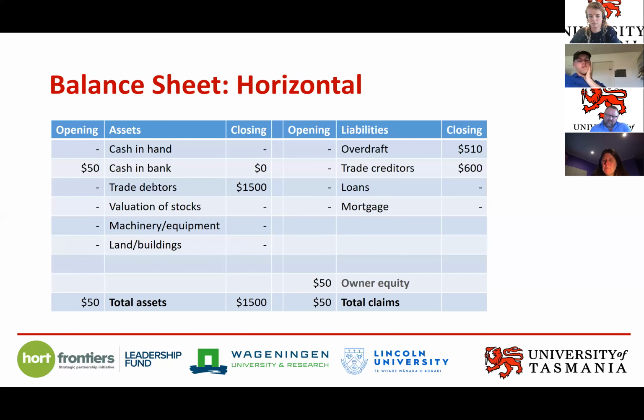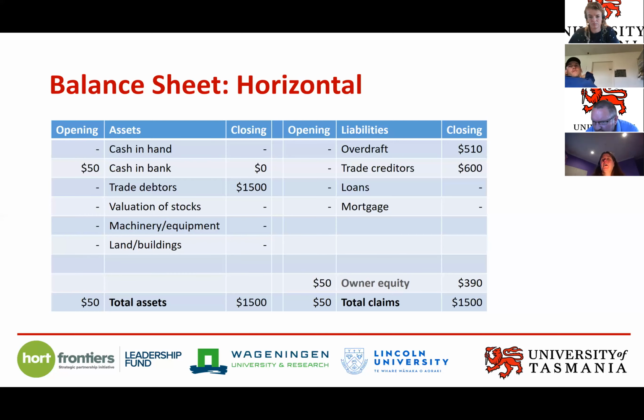In terms of the total claims against the business, there are a number of ways in which you can look at this. If we were to say it's got to equal 1,500, we know that the claims against the business are the 510 that he owes to the bank, the 600 that he owes his trade creditors, and then there's also the profit that he made that he wants to walk away with. So the summation of those three figures, the 510, the 600, the 390, equals the 1,500. So the way you could do it is either say 1,500 minus the 510 and the 600 gives me 390,